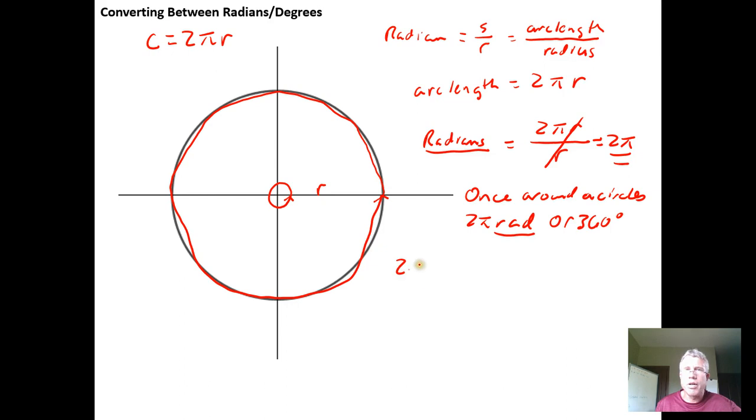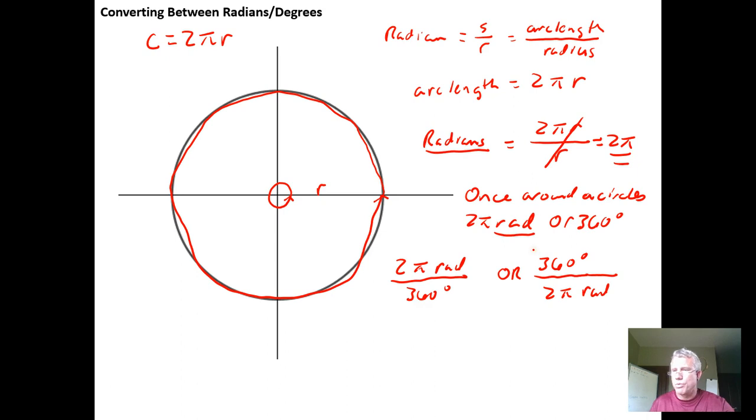We know that there are 2 pi radians per 360 degrees. Or we can write the reciprocal of this relationship. We can say, hey, there are 360 degrees per 2 pi radians. And this gives us a means to use dimensional or unit analysis to convert back and forth between degrees and